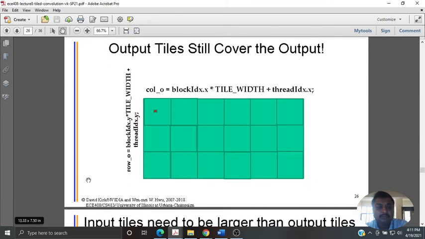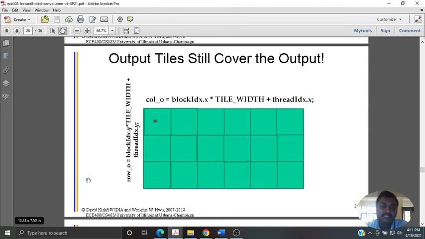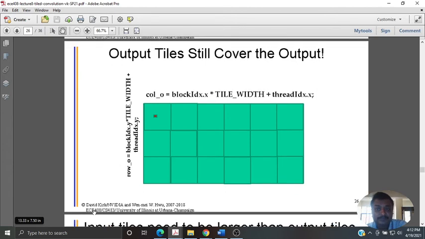Now it's square, so whenever you are indexing, just note the indexing: column 0 or row 0 is basically blockIdx.x into the tile width. Normally it would have been blockDim.x, but because you are considering the block dimension as tile width, and the tile width whatever you are considering is being loaded, an individual thread is accessed by that offset threadIdx.x, right? Similarly, row identification is happening in the y direction, so which row element. So these are your x, y coordinates for global access as such.